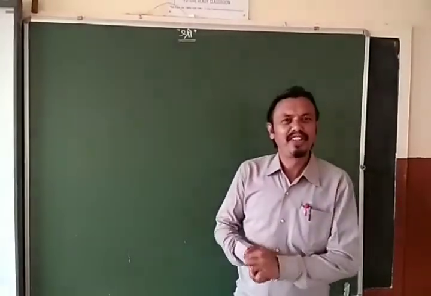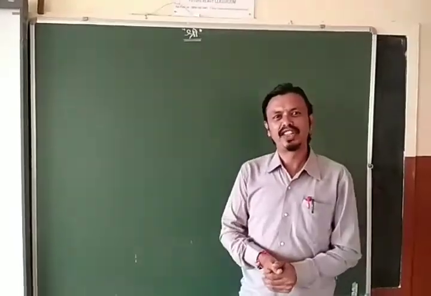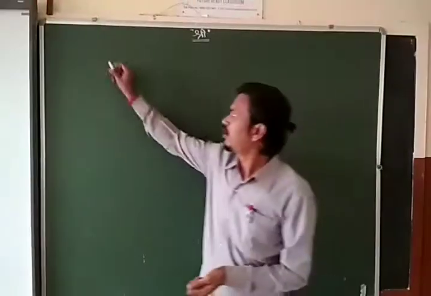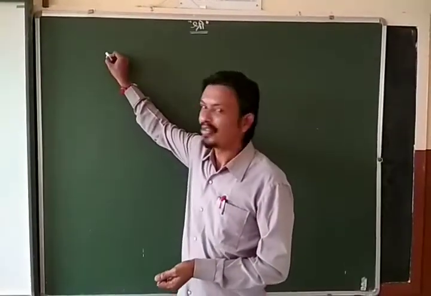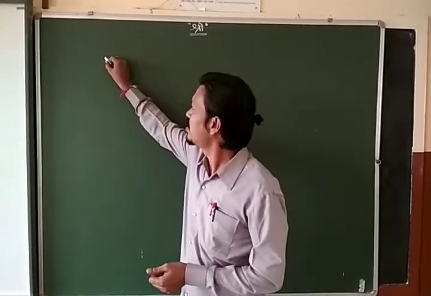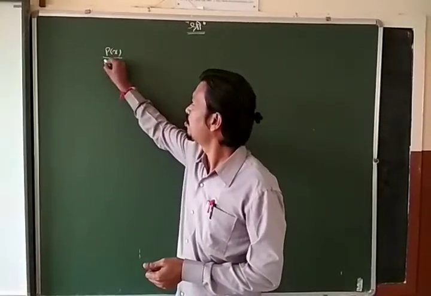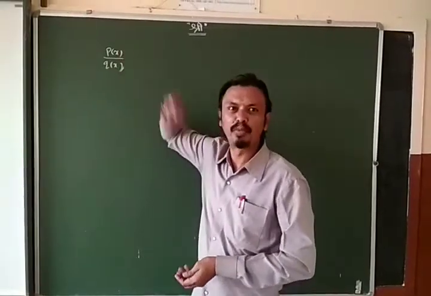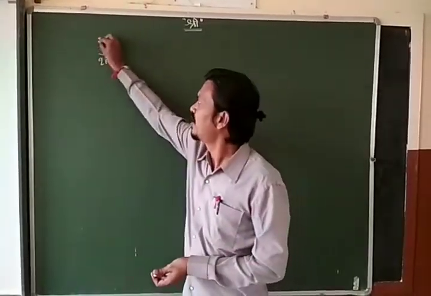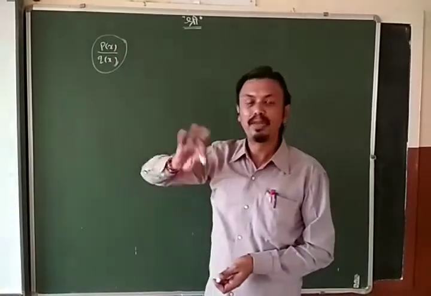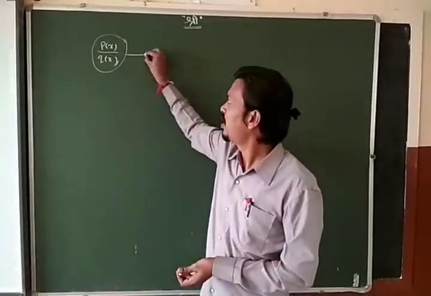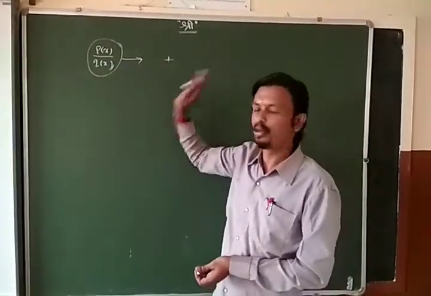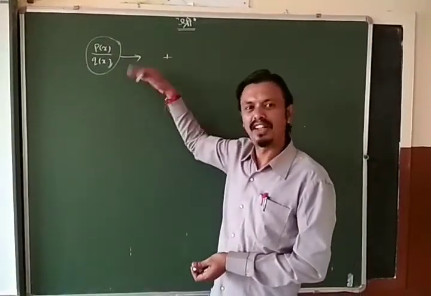Students, so today we are going to see one more method of integration by partial fraction. If our integrand is in the form of a rational fraction, that is, in the form of p of x by q of x, where p of x and q of x both are polynomials, then using partial fractions, first we will split this into the sum or difference of two or more rational fractions and then we can integrate.